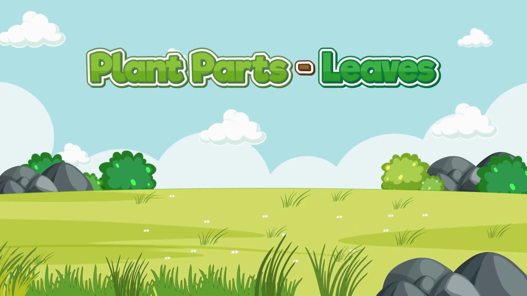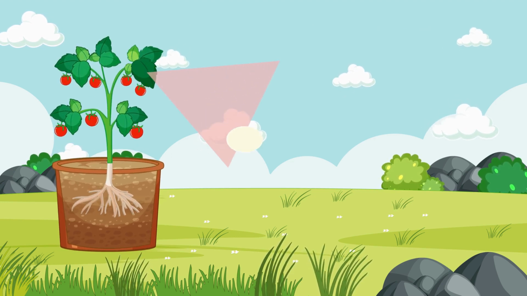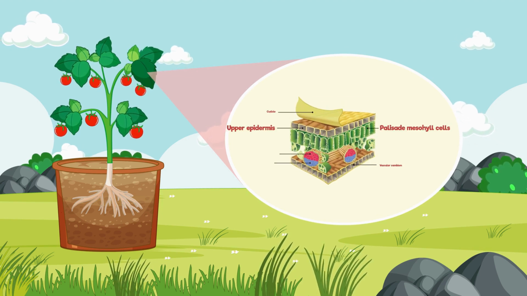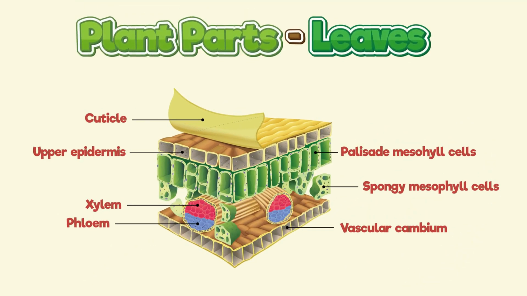From the protective epidermis to the photosynthetic mesophyll and the vascular bundles that transport water and food, every part of a leaf plays a vital role in sustaining plant life. Every leaf is a masterpiece of nature, carefully designed to capture sunlight, exchange gases, and produce the food that sustains